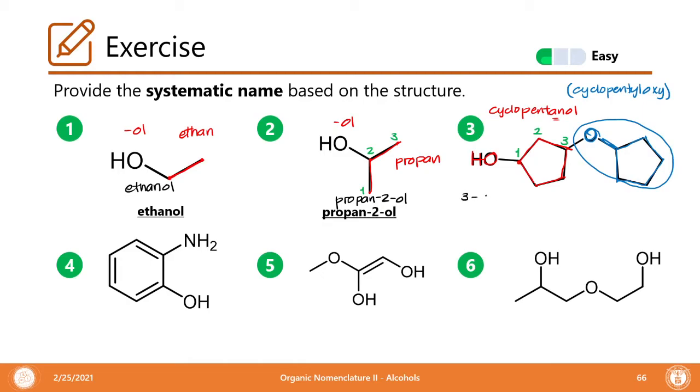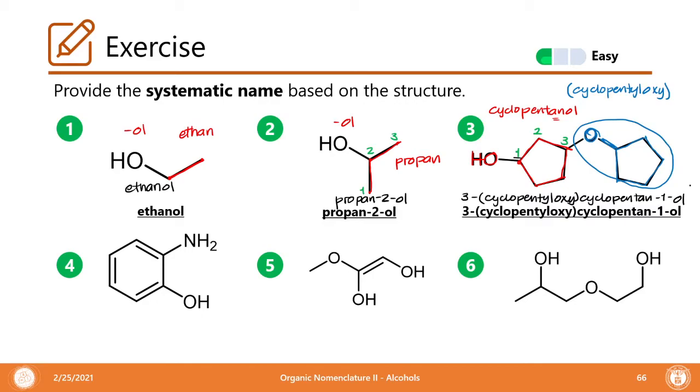So 3-(cyclopentyloxy)cyclopentan. Okay, specify at position 1 that ends in our alcohol. Okay, so let's confirm. Okay, 3-(cyclopentyloxy)cyclopentan-1-ol. Okay,